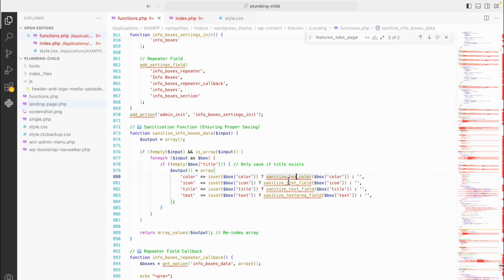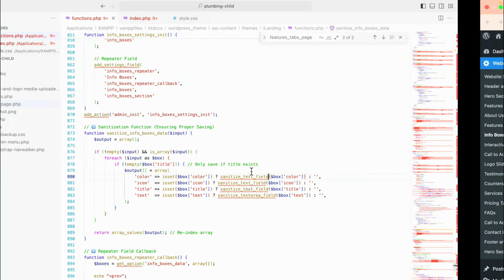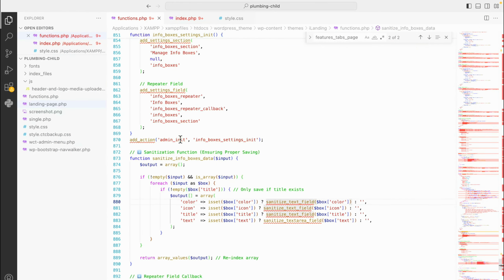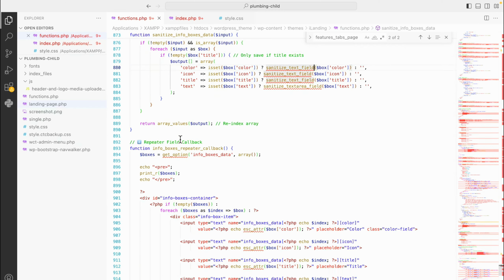Okay, it's using the sanitize hex while it's a text field, not a hex. So just copy this, paste it here, and now it will be corrected. So let's add orange and then color red, and if we save it now, you will see that the colors are also getting saved. Okay, let's just comment out the echo pre,